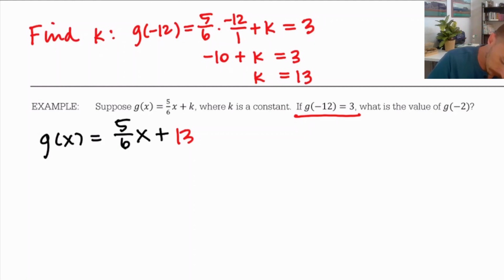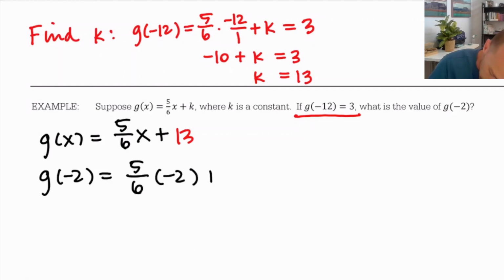So they asked me what's the value of g of -2. And g of -2 is 5/6 times -2 plus 13. Okay, so 5 times -2 is -10 over... Actually, I'll probably just simplify this first, because -2/6, that can be simplified to -1/3. So I've got -5/3